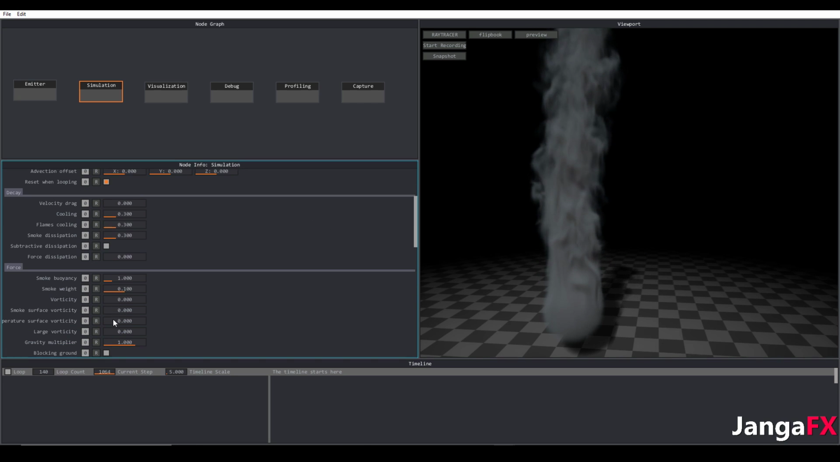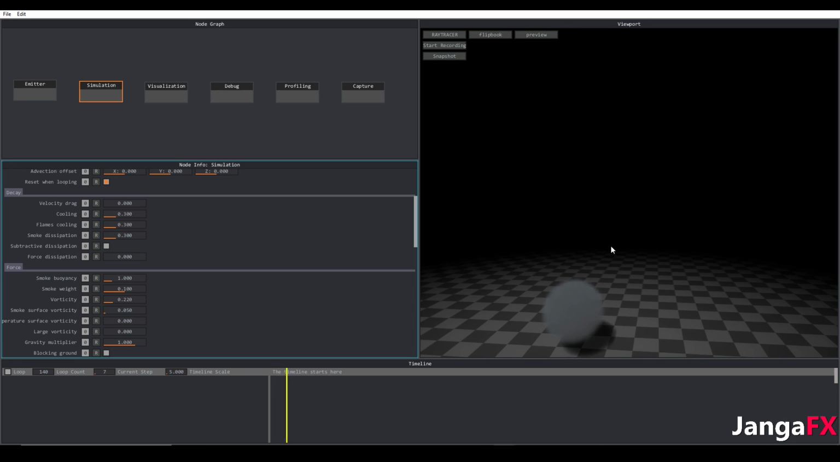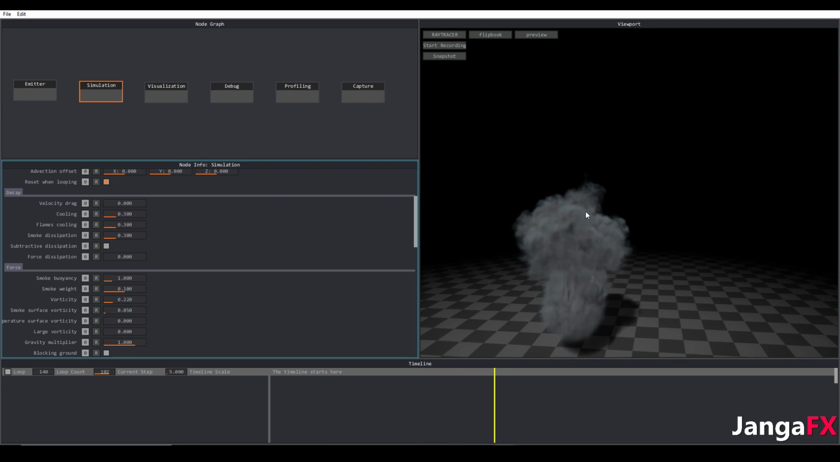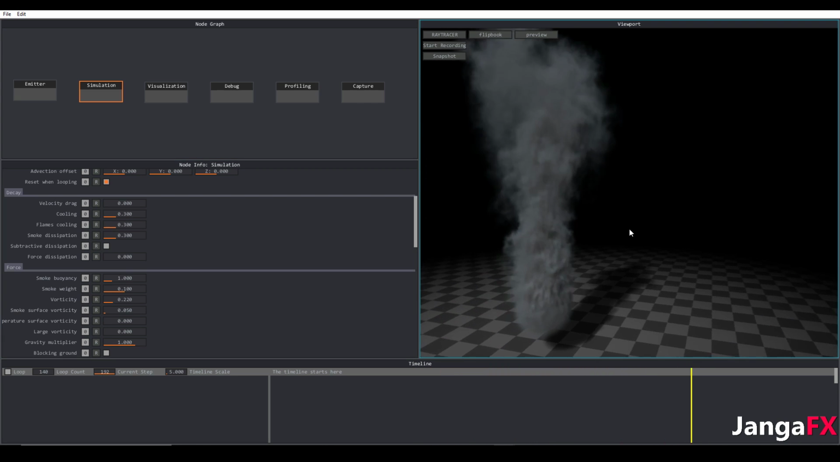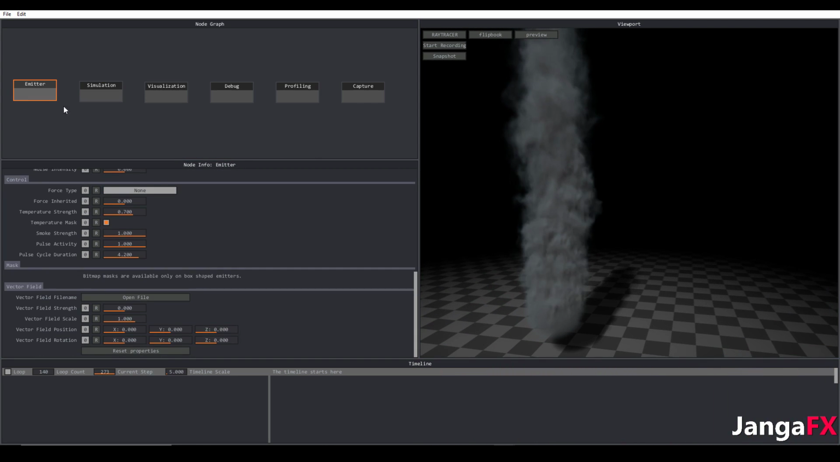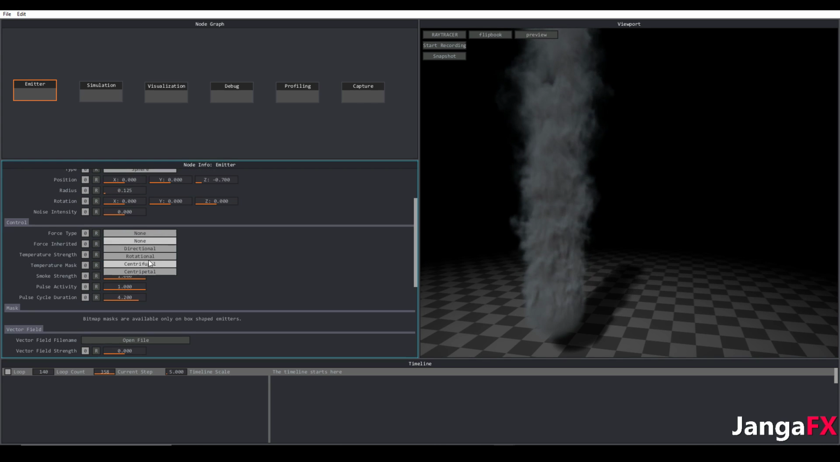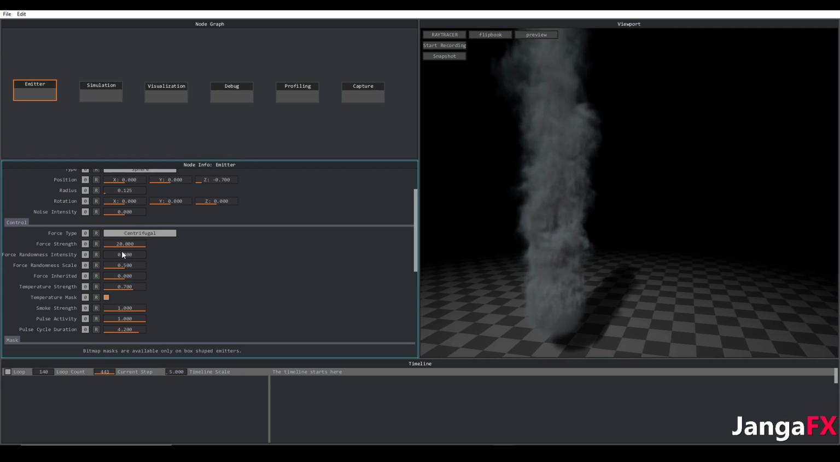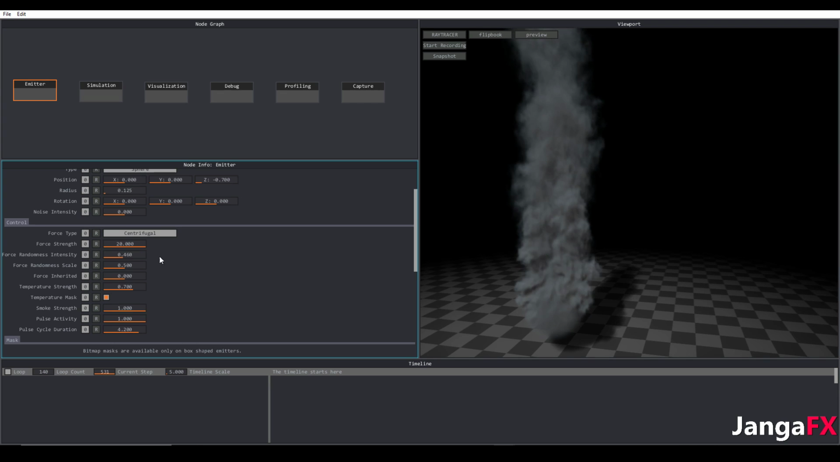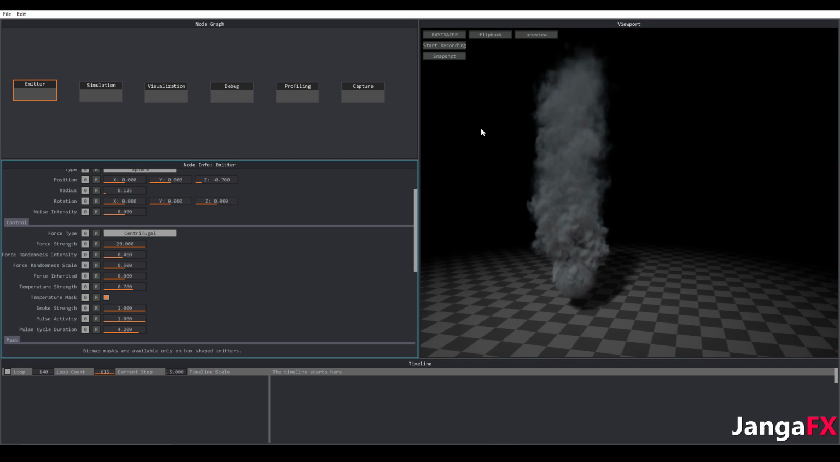And then go ahead and just crank up this surface vorticity a little bit and turn on our real vorticity. And now you've got an interesting, highly noisy little smoke ball. And we could kind of fix this with centrifugal force again and get that smoke really rolling out of there. And then